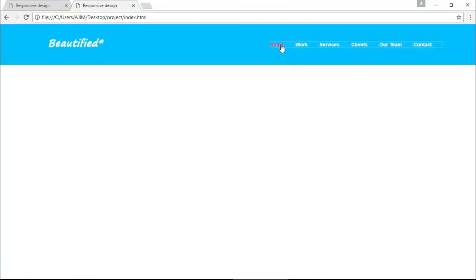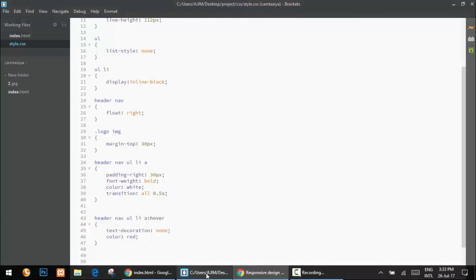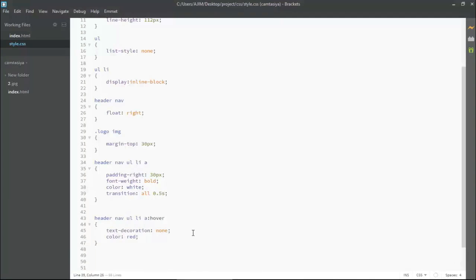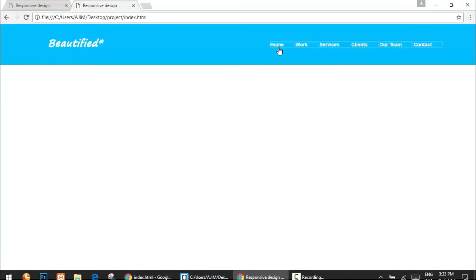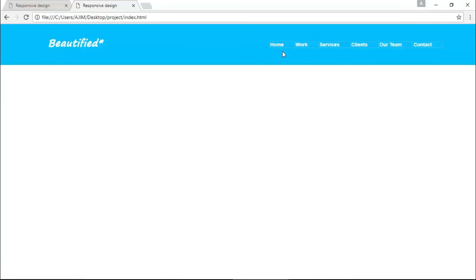Wow, you can see we are getting it beautifully. But if you want to make it a little bit spicy, then you can also do it. Simply come here and mention some properties like ease-in, ease-out, fade in, fade out. I am mentioning here ease-in. Okay, now let me save it and then show you. Wow, you can see it is coming just like ease-in, ease-out, so it's looking cool.